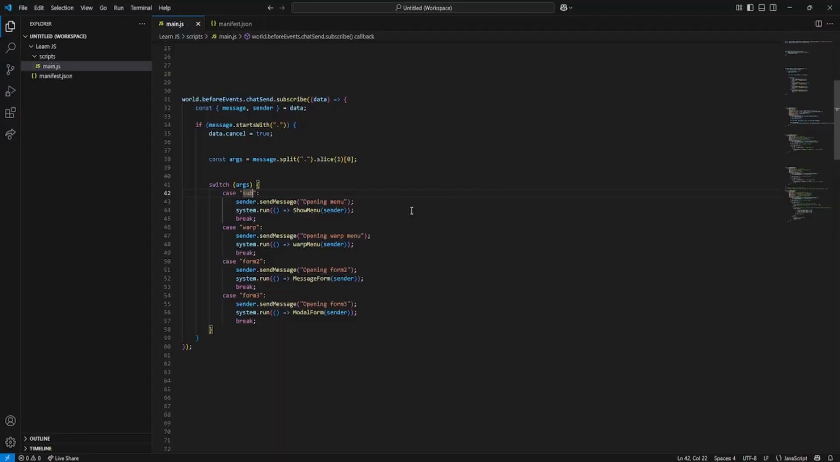So let's go back into Visual Studio Code. Now, we don't really need to send a message, but if you want to send a message in the chat to that particular person doing a command, to tell them that it's opening the menu or anything like that, then do sender.sendMessage. Make sure the M is capital, and then in some brackets we're going to put quotation marks and what that's going to say. So if we just put "hi, I'm the message", for example,